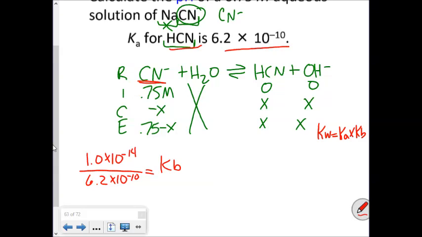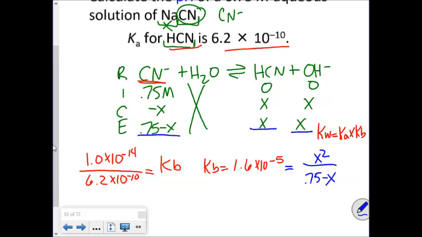So what is Kb going to be? Kb is 1.6 times 10 to the minus 5. Anybody get that? All right, so now we know our Kb, so I'm just going to set this equal to x squared over 0.75 minus x, because we're following the expression here, products over reactant. Do I get to eliminate x? Minus 5, definitely get to eliminate x. So we're going to calculate, get our x value. What'd you get for your x value? 0.0035,